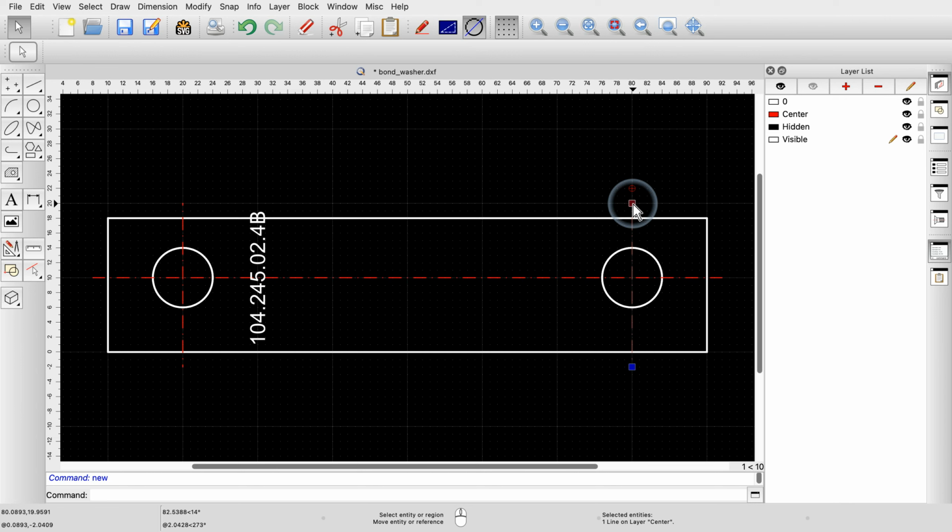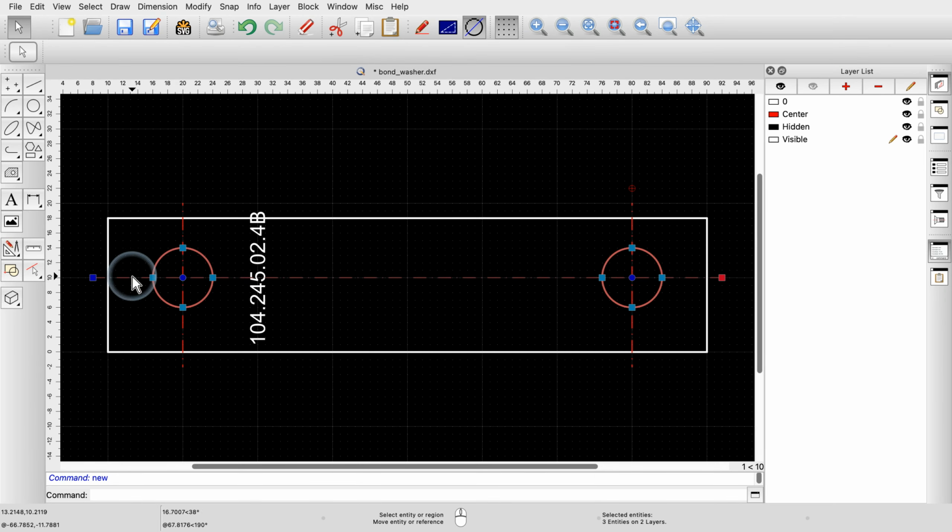Next, we want to move the horizontal center line and the 2 circles 1 unit down. For the purpose of this tutorial, we do this 3 times using 3 different methods. First, we move the 3 entities using drag and drop. We first select the center line and the circles by clicking on them. Remember to hold down the Shift key when adding the circles to the selection.